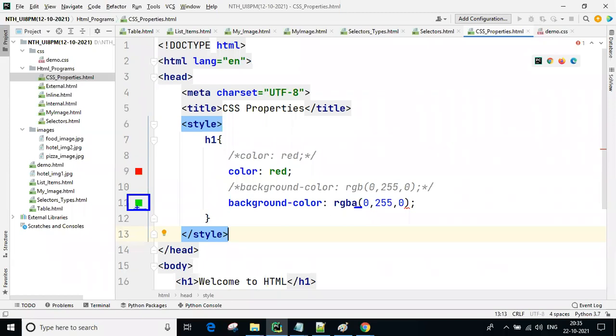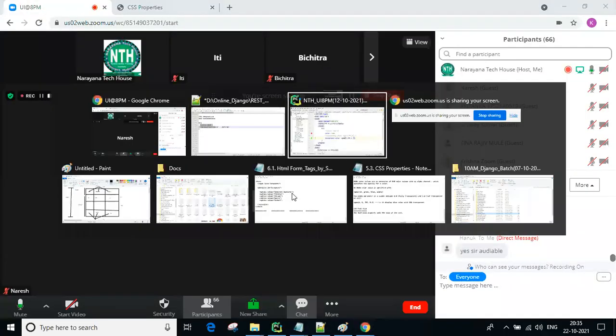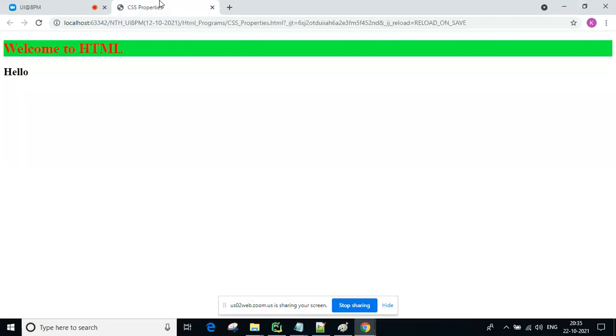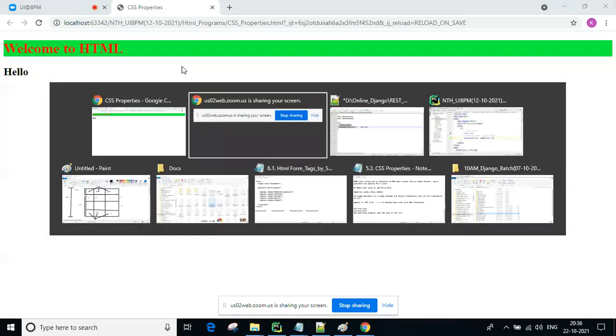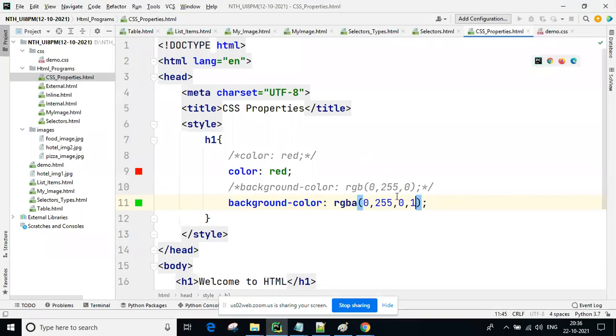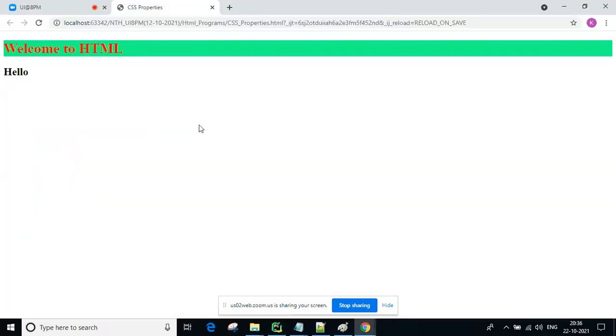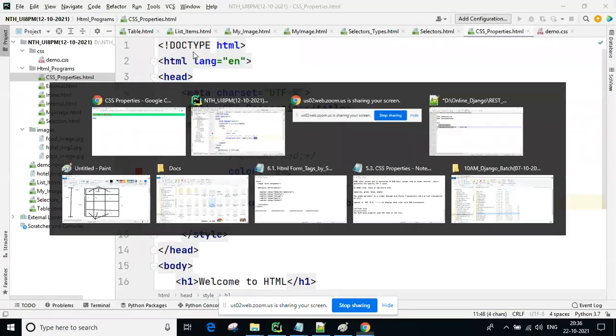Now I'm using 1, guys. So in the output, you see the background color you are getting is green. Later I will change it. 0.5 means 50% brightness you are going to get.